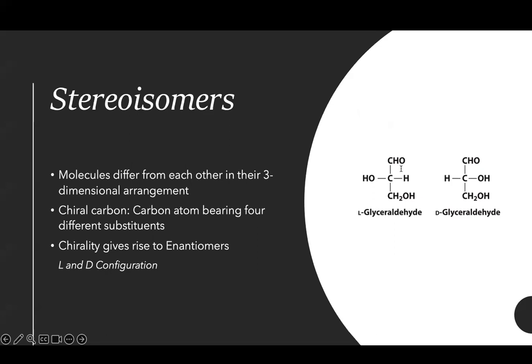So chirality then gives rise to enantiomers. They have the same formula, but a different stereoisomeric structure. We can have a D enantiomer where the OH is on the right of the highest numbered chiral carbon, or we can have an L configuration where the OH is on the left of the highest numbered chiral carbon. To identify the different forms, we need to number from the carbonyl carbon. So this would be our carbon 1, the carbonyl carbon, and then we count down to the highest carbon